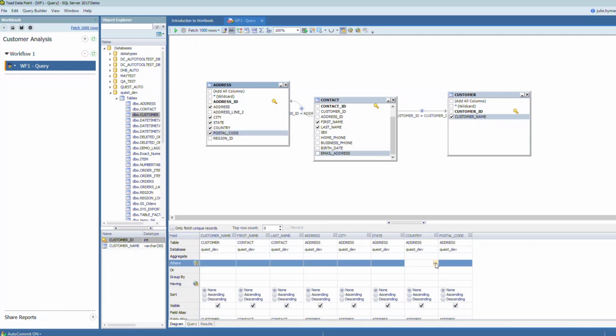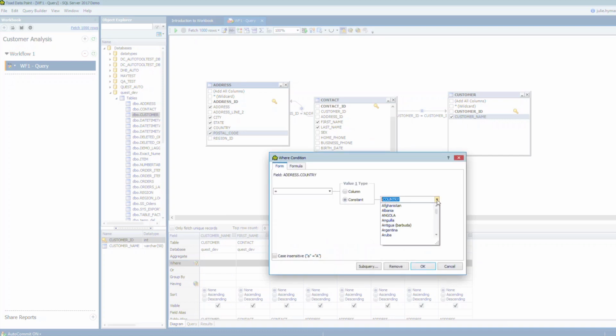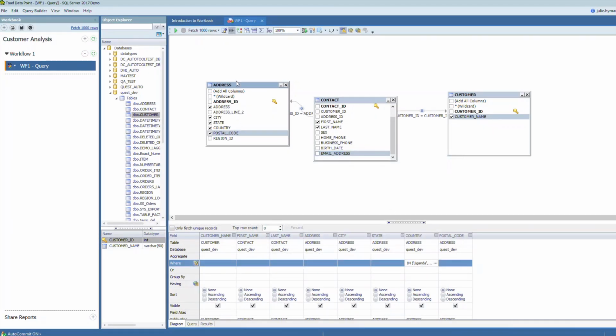And in this case, we'll go ahead and we'll just choose a couple of countries. We'll use an in, so I can do a multi-select. We'll just choose a couple of countries out here of data just to limit our result sets back. Let's see if I can find some quick here. We'll just take all of my countries starting with U. Okay, so this looks good enough for my initial query.